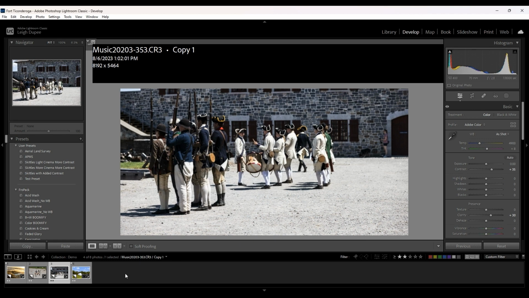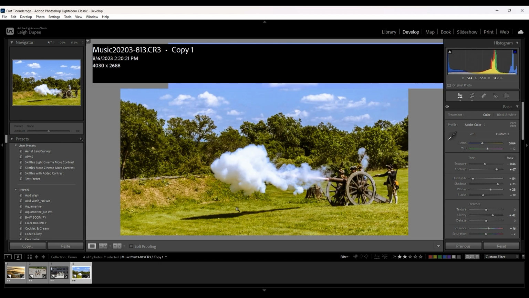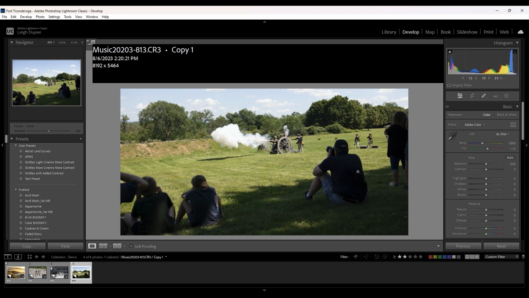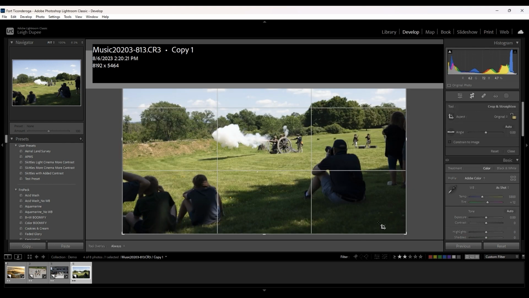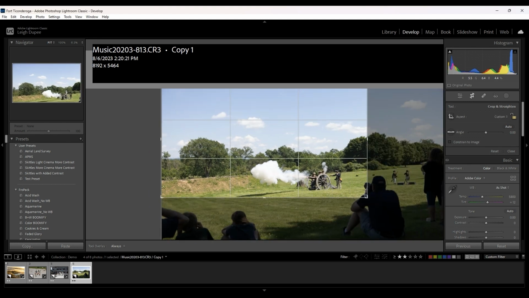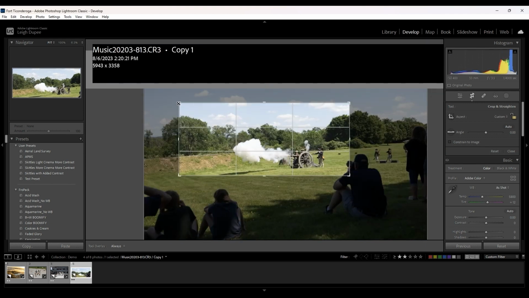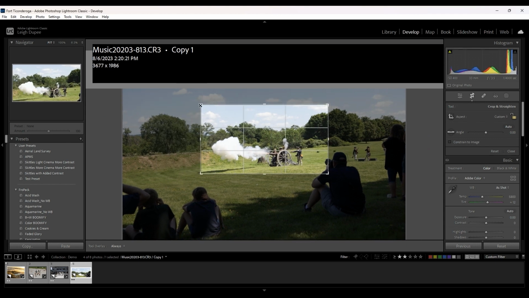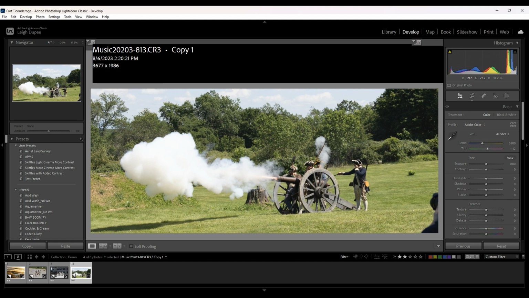And we'll do one more to give us a little bit of variety here. This was a Canon firing. And it's still got its settings on it, so let's take those settings off. Okay, so you can see that I cropped it. So we're going to go back and recrop. Because when you hit reset, it takes everything off. So we'll pull it up so that that's what we're looking at. We'll tear this down a little bit here so that we're just going to look at the Canon itself, because this will be good for looking at things like